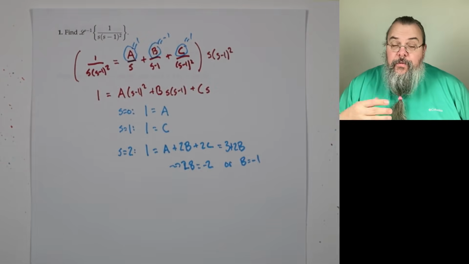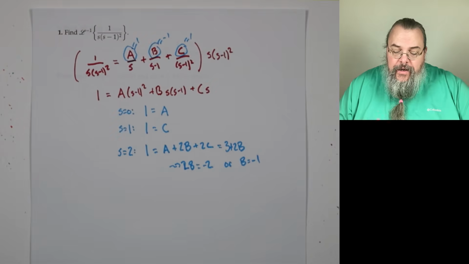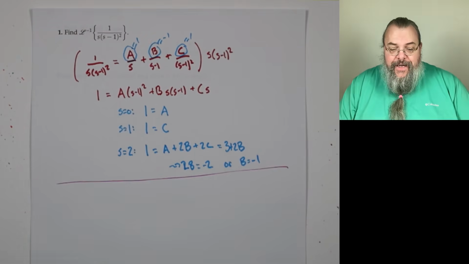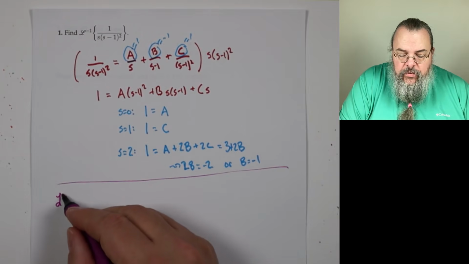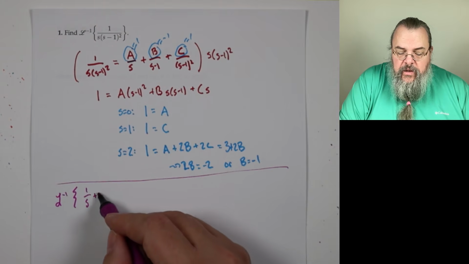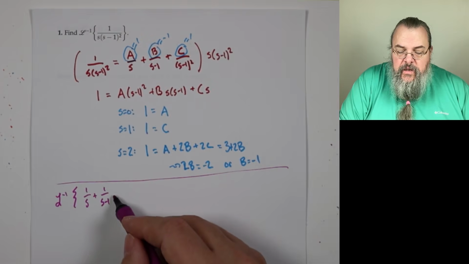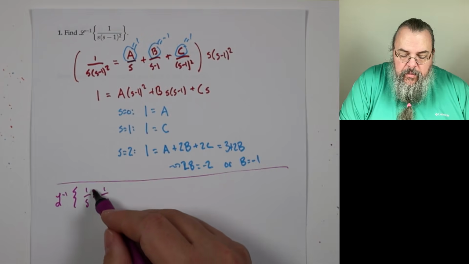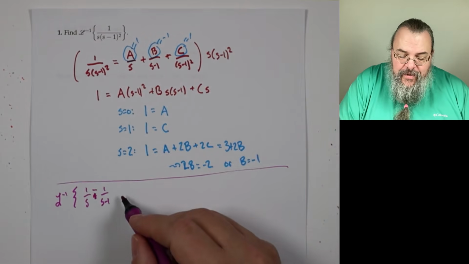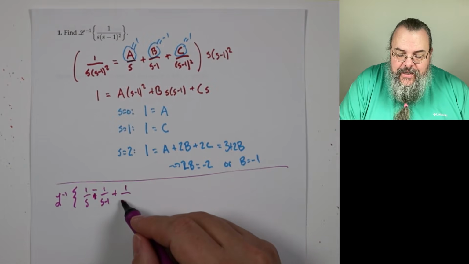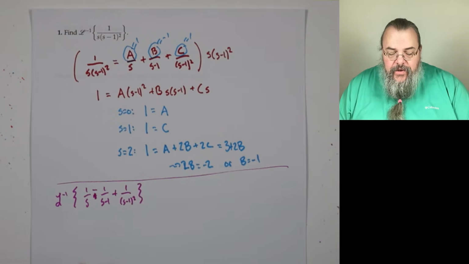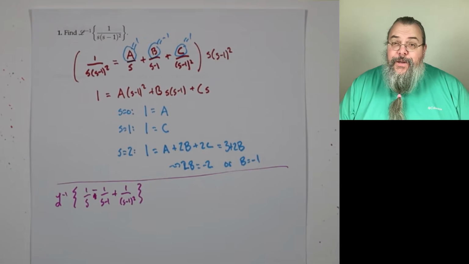From here, we can go back to our original problem. Now that we've done the algebra, we really need to find the Laplace inverse of 1 over s plus 1 over s minus 1. And then, not plus, minus, be careful. I'll tell you, one of the challenges of exams is reading your own handwriting and making sure you don't miss small things. All right, so 1 over s minus 1 over s minus 1 plus 1 over s